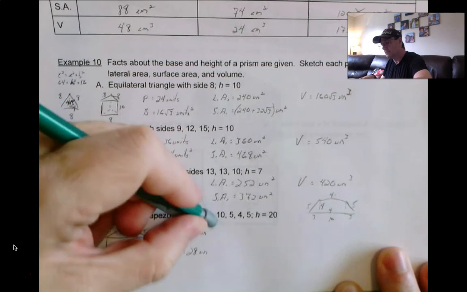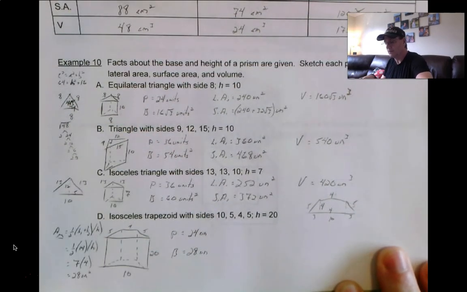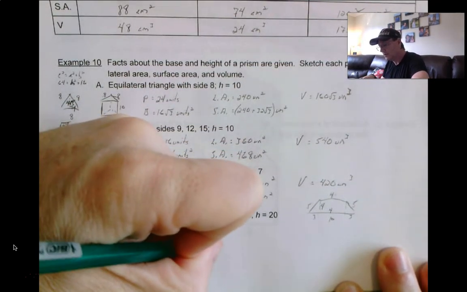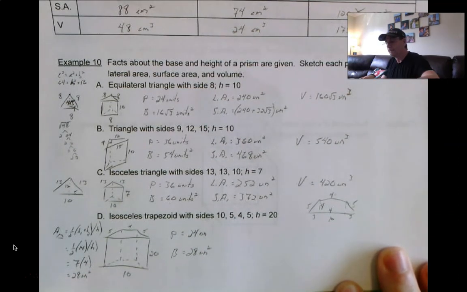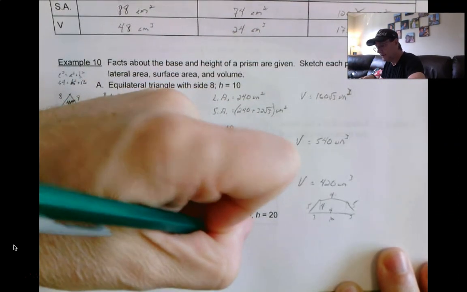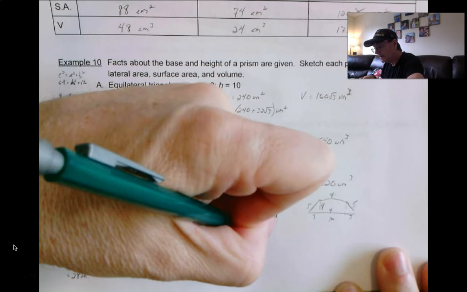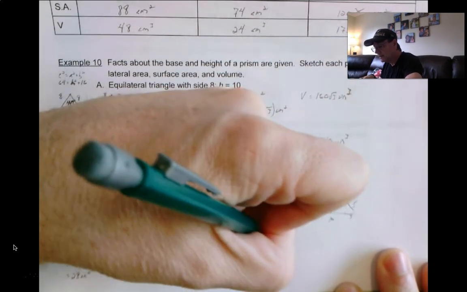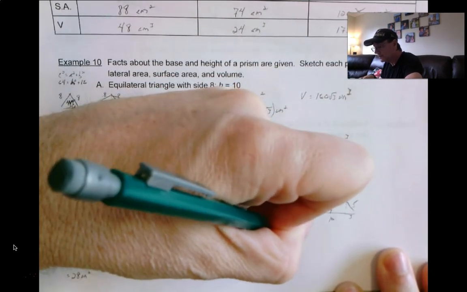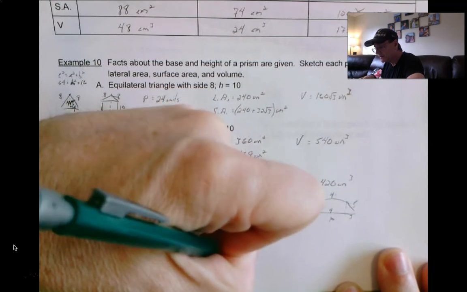I don't know why I wrote cubed on the perimeter. Squared. Lateral area. Perimeter times the height, so 480 units squared. Surface area